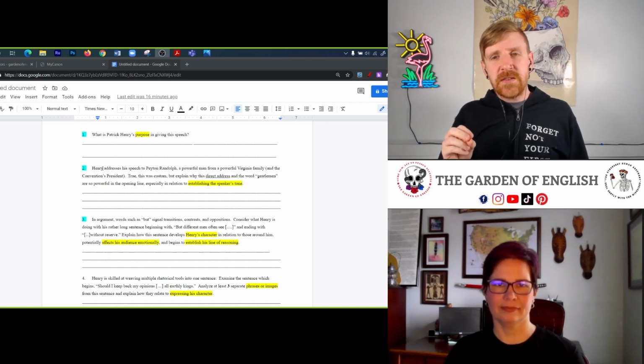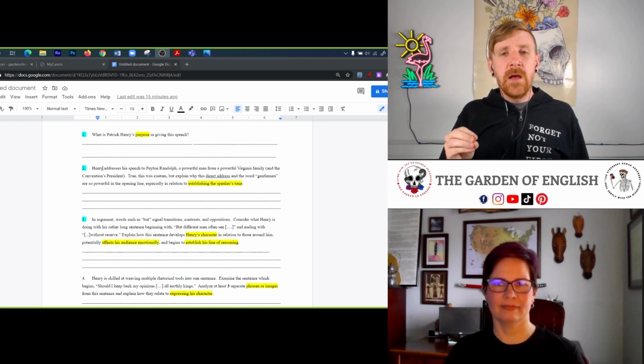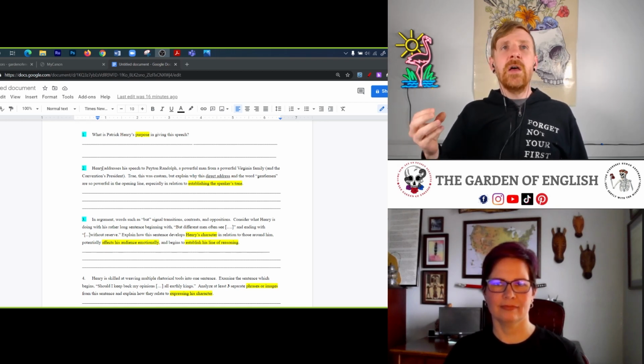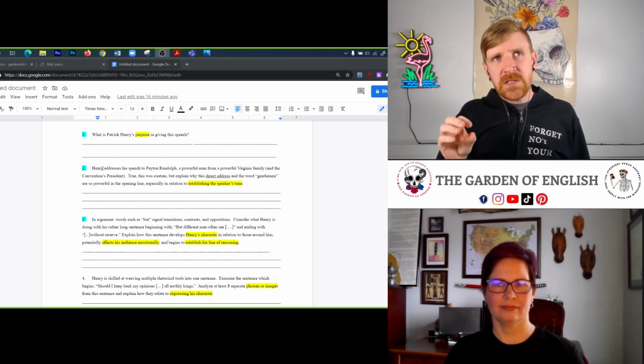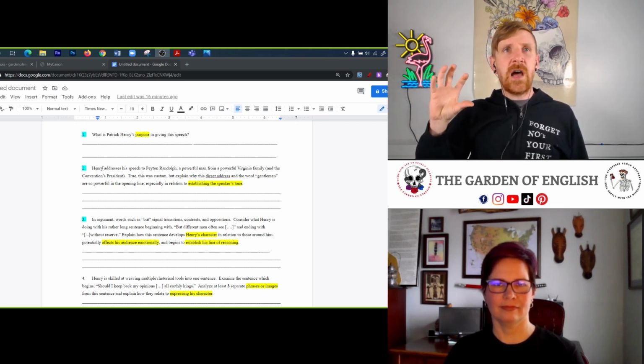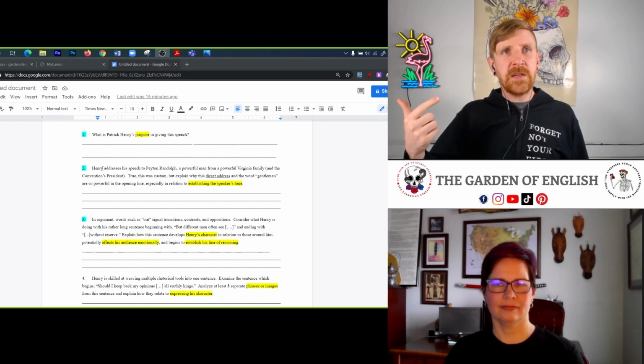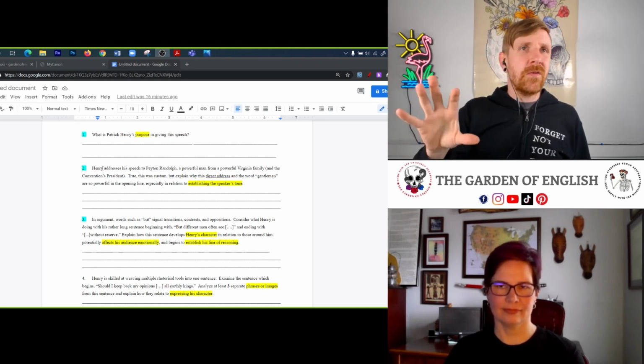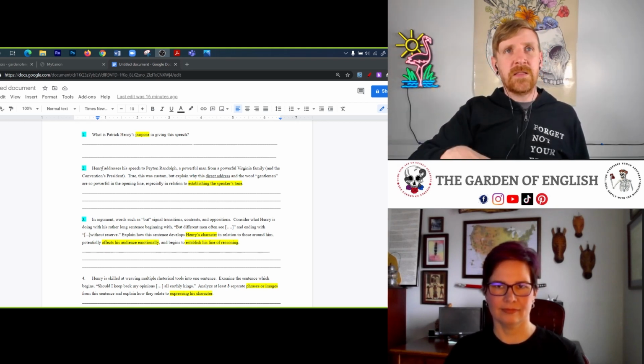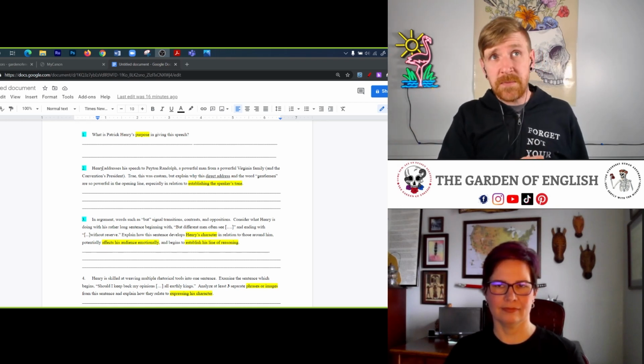And you really focus on this idea of the direct address and his use of the word gentleman being powerful. And then it says, how does it establish a speaker's tone? Now, one of the things that I noticed about this particular question is how it goes right into the beginning of the speech. When you lay out your questions in a review assignment like this, or even at the beginning of the year, if you give this assignment at the beginning of the year,